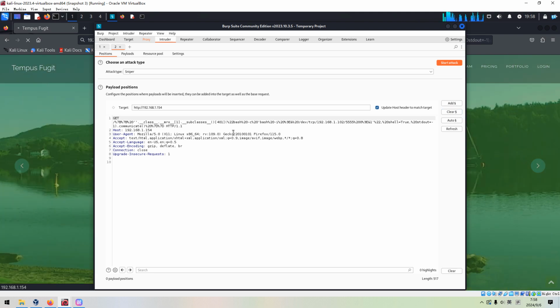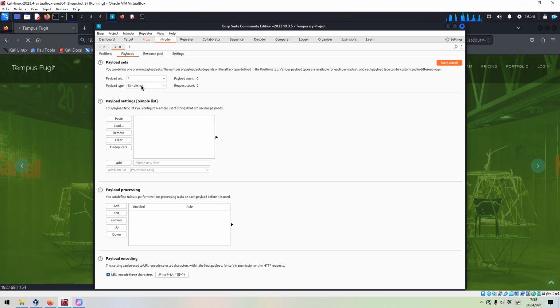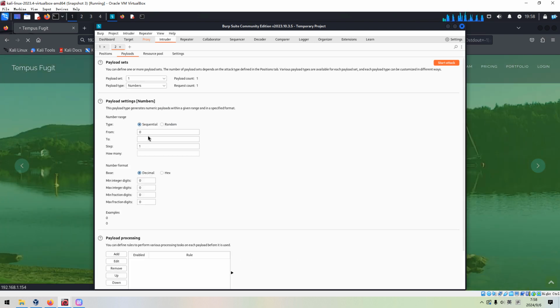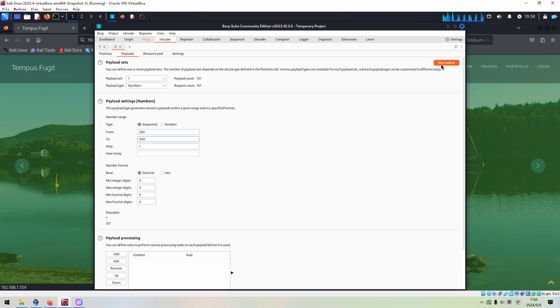We can clear all variables, and we can add this as the attack vector, and we need to go to Payloads. We can select numbers, and to save time in this video, I'd like to start from 300 to 400, and we can start.